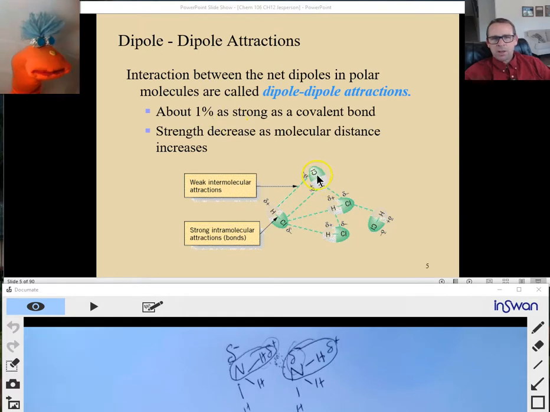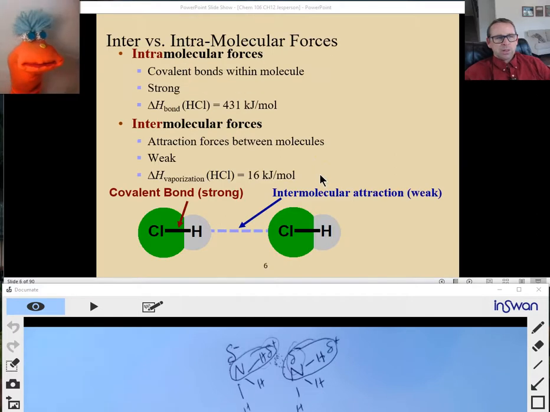Like HCl, that bond there is a strong bond compared to the interaction here, which is about 1% as strong, or 99% weaker than the intramolecular bonding between atoms in a molecule. So once again: covalent bond, strong; intermolecular attraction, weak. But the relative weakness is really what we're after here, because you can shift whether a compound is a gas or a liquid at room temperature simply by these intermolecular attractions. And here are some typical delta H